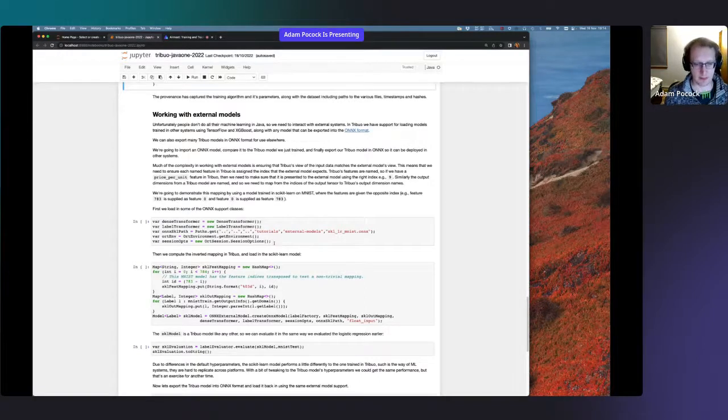We're going to go through that sort of mapping procedure quite quickly. We're going to load in a bunch of ONNX specific things. So we're going to work with a dense data set because MNIST is basically a single row of pixel values. It's not sparse in any way. And we're still working with labels. We're still doing classification. So we need to make these two classes which help manage the transformation into and out of Tribuo objects. We're going to define the path where we're going to load it from. It's an ONNX model that's in Tribuo's tutorials. And then we need to instantiate a couple of things just to make ONNX runtime happy.